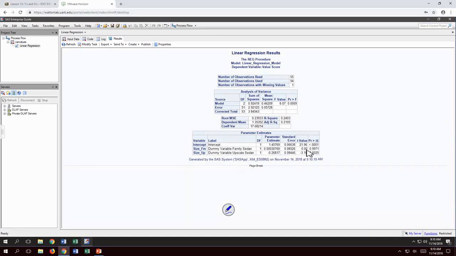I get a result, and I can make an equation. My estimated regression equation has a y-intercept of, to 2 decimal places, 1.46, plus 0.0003 for my family sedan, minus 0.27 for my upscale sedan. Here we have upscale sedan as a significant variable and family sedan not significant, which you can kind of tell by the slopes. I'm going to leave it up to you whether you keep it in the model or not. But as far as interpreting things,